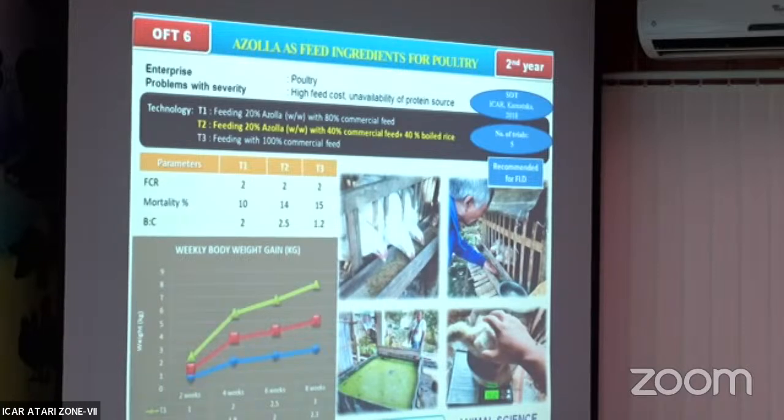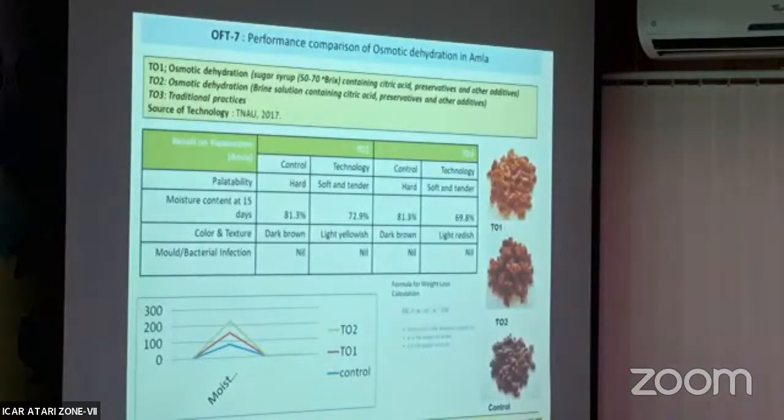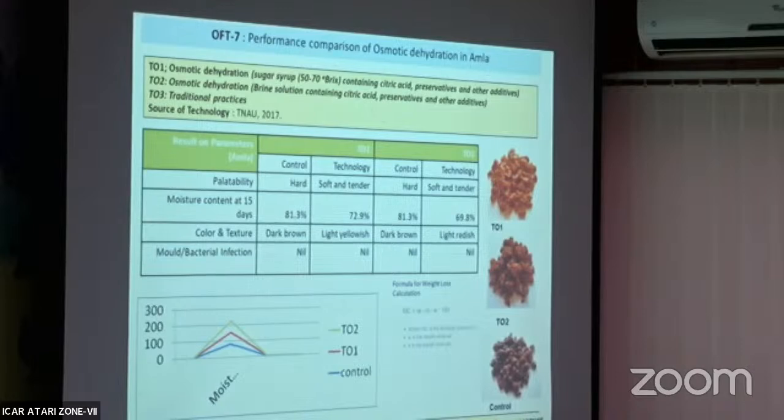So this one has completed its second year, and we have put it up for recommendation for FLD. And coming to OFT7, performance comparison of osmotic dehydration in AMLA. In North Bandarpai area where my Kendra is located, we have lots of AMLA, and it was an underutilized food before. So now KVK is taking up many value addition processes, and one of the problems the farmers face is